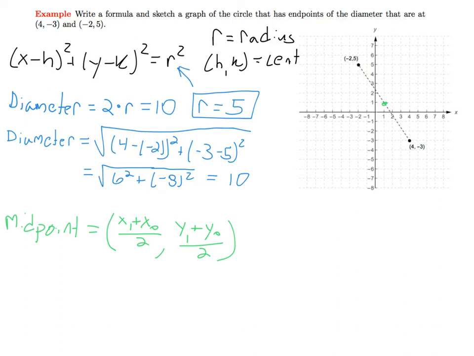So in this example, we could take this first point to be (x1, y1), so that would mean we have 4. And using this as (x0, y0), that would mean we have 4 plus -2 all over 2. And that means we have y1, which is -3, plus y0, which is 5, all over 2. So this midpoint, which is the center,